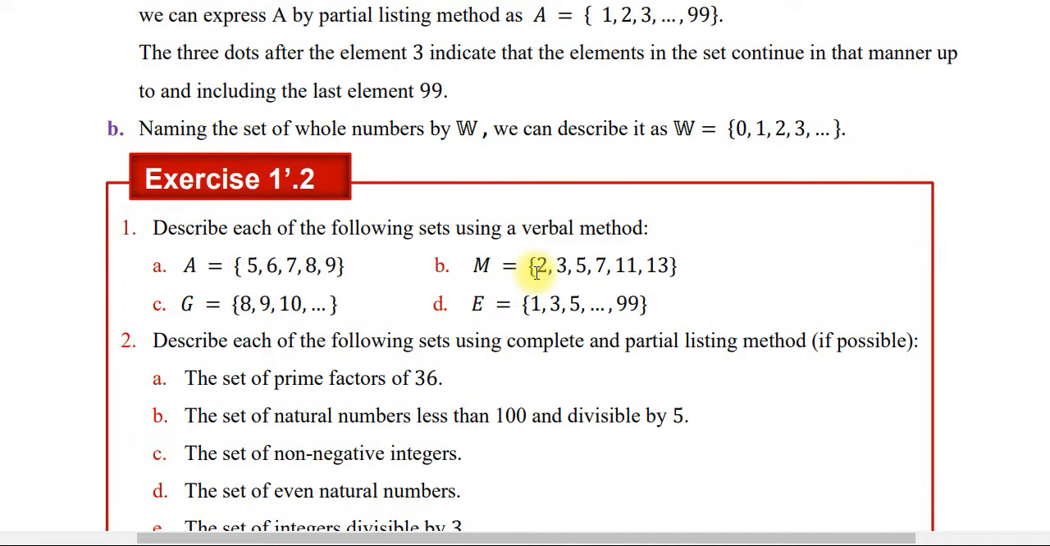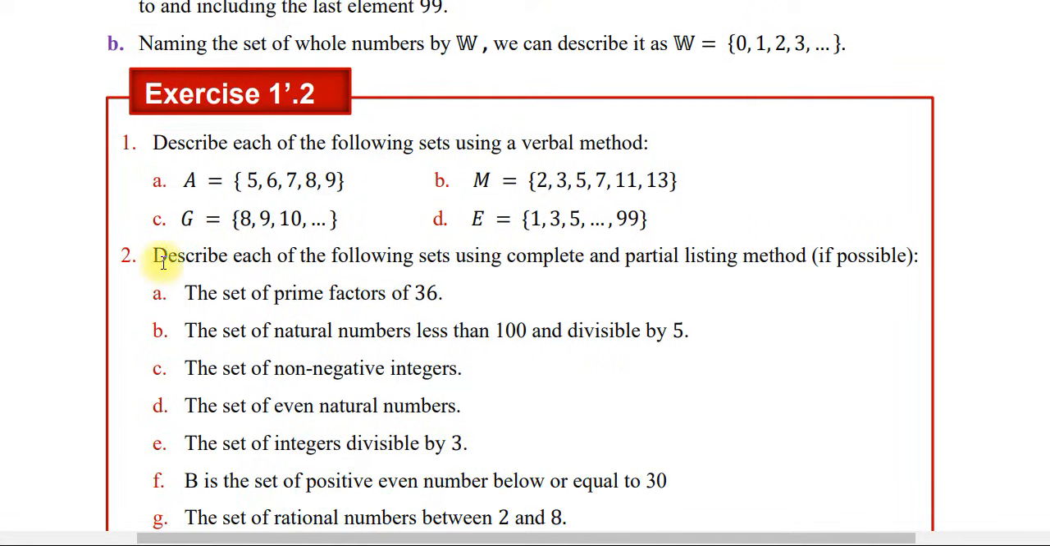the set of prime number እነዚህ prime numberዎች ናቸው። the set of prime numbers less than 13 less than or equal to 13 ማለት እንችላለን ማለት ነው። G ደግሞ 8 9 10 ይሄ ደግሞ the set of whole number or the set of natural number greater than 8 ብለን መግለጽ እንችላለን። E ላይ ስንመጣ ደግሞ 1 3 5 99 ይሄ ደግሞ እንደምታዩት odd ነምበሮች ናቸው። ስለዚህ the set of odd natural numbers between 1 and 99 ብለን መግለጽ እንችላለን ማለት ነው።